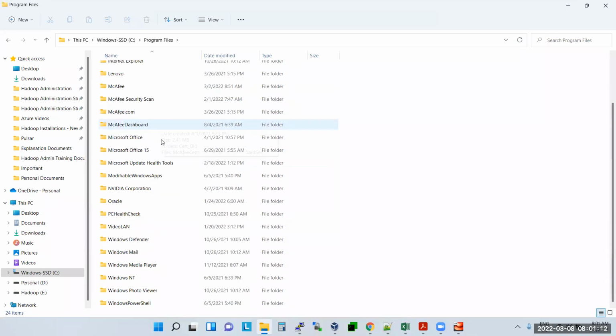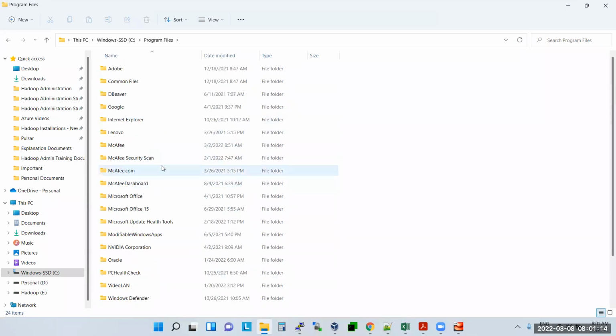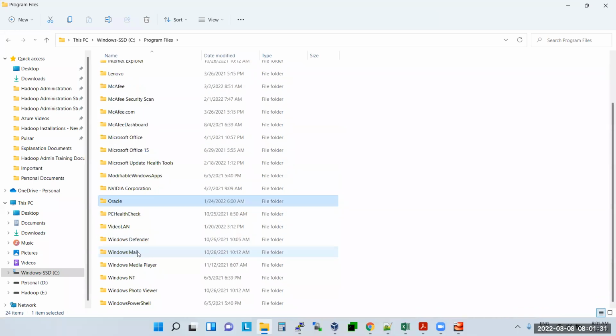directory. So here, if you see, I have installed some softwares. One of the softwares is DBeaver, and Adobe PDF I installed. It got installed here. Internet Explorer got installed here. McAfee antivirus I installed, it got installed here. MS Office I installed here. Some Oracle VirtualBox I installed here. Then VideoLAN, VLC player I installed, it installed here. It means in Windows,